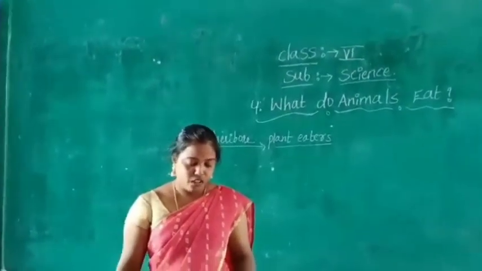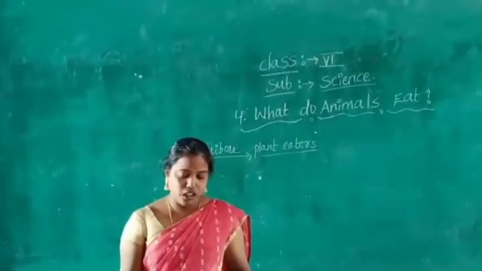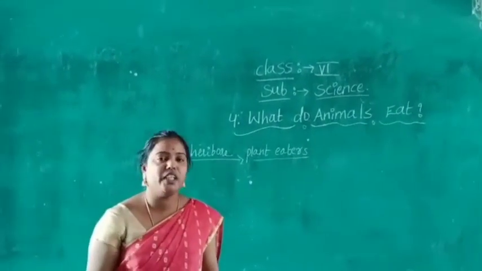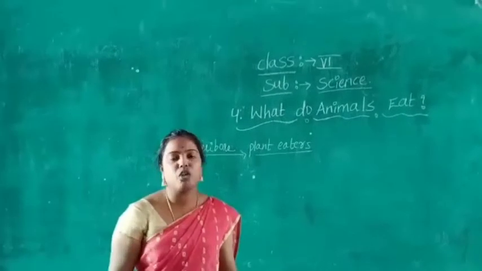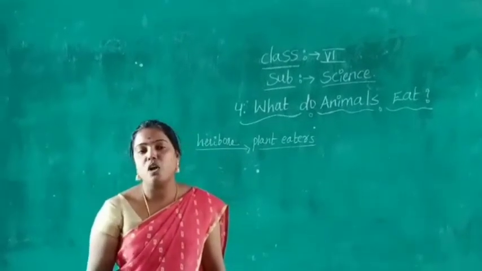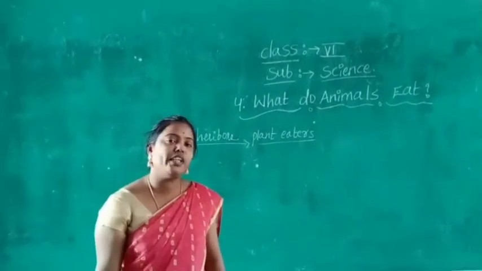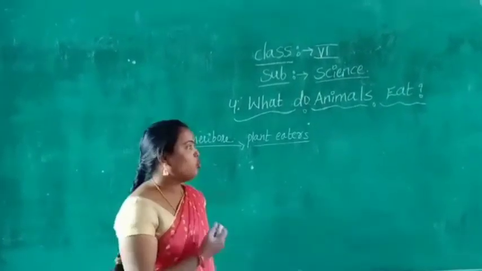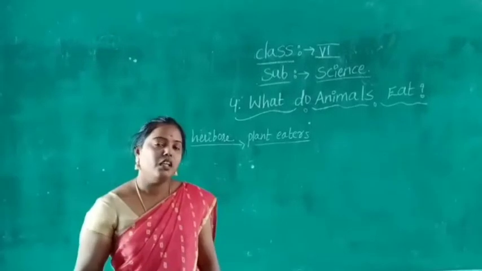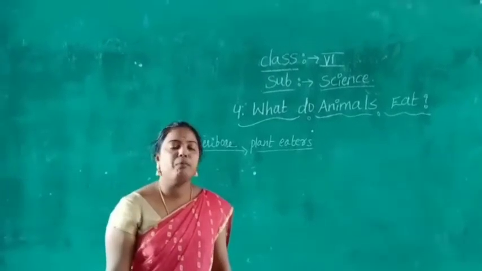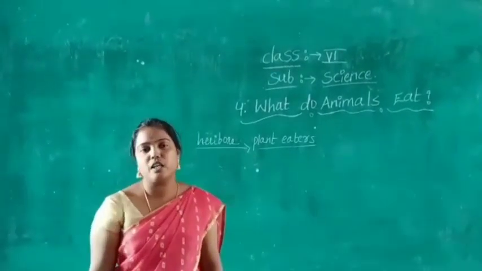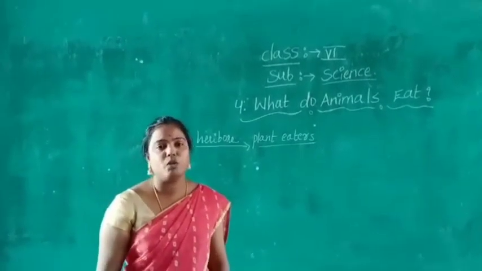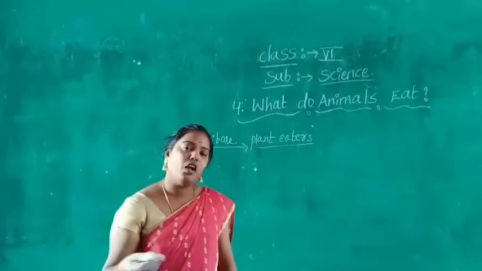Next, observe the larva of the crane fly, which is very small. That's why it takes a little amount of food when it is in the small stage. When it grows into an adult, it will take a lot of food. Children, what do you understand from this? The quantity of food depends on the size of the organism. Observe small children: they take a very small amount of food, but we take food in large quantity.